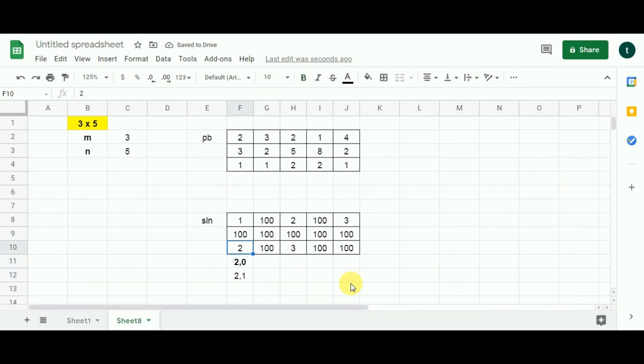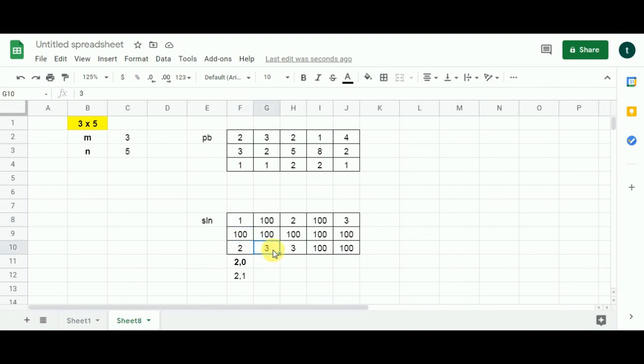So now let's jump to the third condition. What I'm going to do is add a 1 to this value. All right. So it is going to give me 3. I'm going to compare this 3 against this 100. 3 is less than 100. So I will populate 3 over here. Now, if you check the path, then this is the third cell, and that is what it is saying.